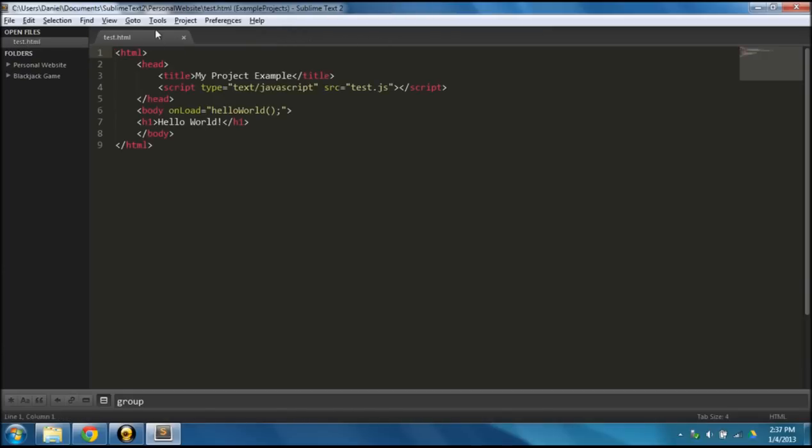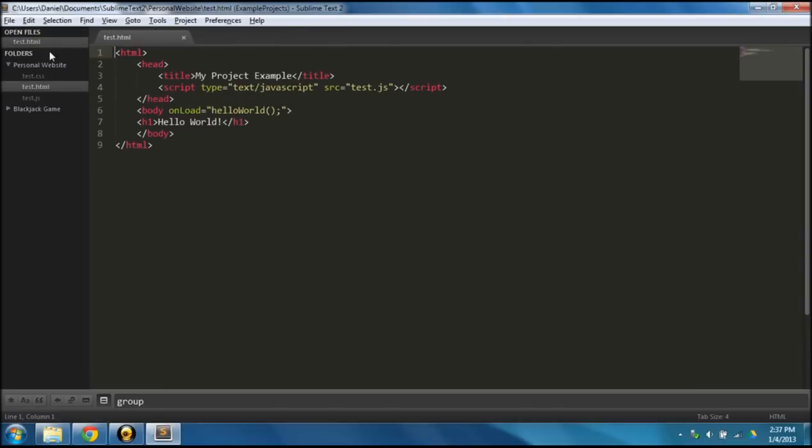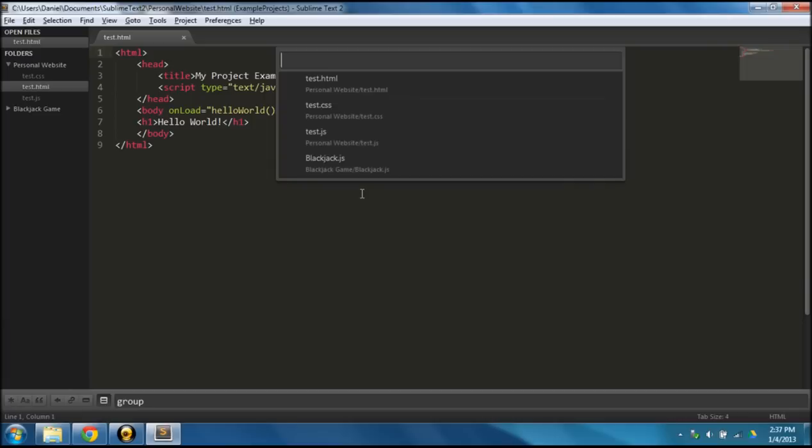But let's say you don't have test.js open, and you want to go to test.js. Well, one way to do it, you could go over here, click on that, and double click on that, and it would open. However, if you have the file nested in like 5 other folders, that could take a while. That really could take a while. So, to speed things up, you could go to Control P, test, or